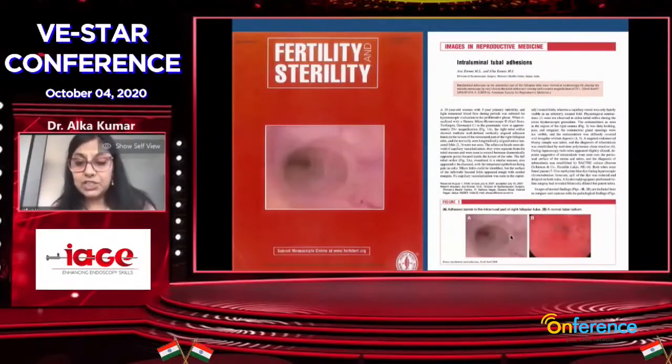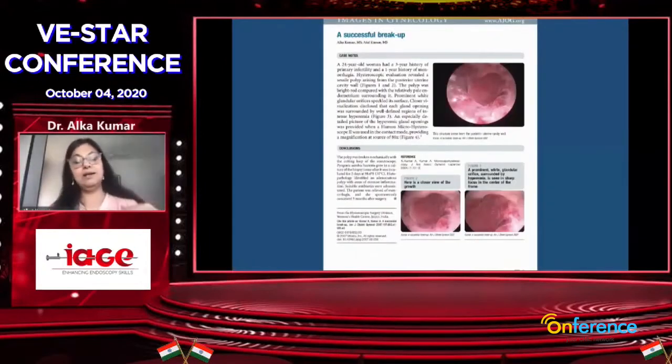intraluminal tubal adhesions. So this is not exactly a challenge, but if we learn to play with the flow rates, we learn to play with the visualization, we learn to play at the cornu, we can actually do a falloposcopy, identify the tubes which are normal versus tubes which are abnormal. All of those pictures were those of genital tuberculosis.